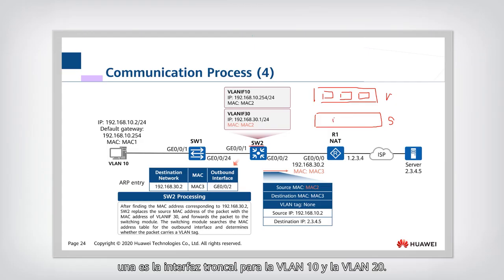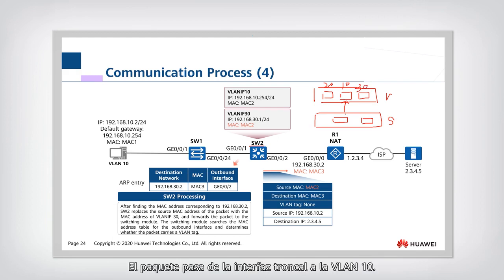One is the trunk interface for both VLAN 10 and VLAN 20, and another is the access interface for VLAN 30, right? So here, when the packet arrives at this VLAN 10, so this is VLAN 10, this is 20, this is 30,